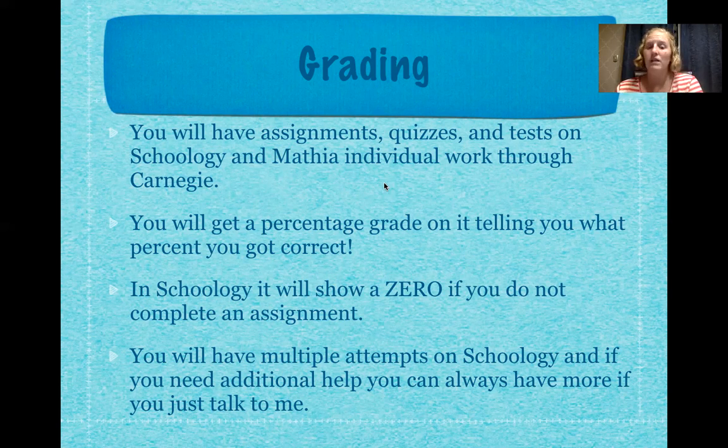Anytime you have a Schoology assignment, they always have multiple attempts. If you need more attempts after that, like say you forgot a subtraction sign or a negative or an equal sign or an X on your last attempt and it marks you wrong and you would still like to get a 100, which you should always strive for, you can always email me and I can unlock or unsubmit your last attempt. For little errors like that, I can also add attempts for you. I usually do 3 attempts, and if you're needing more than 3 attempts